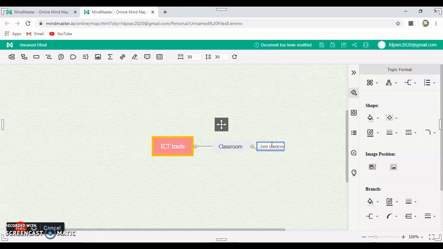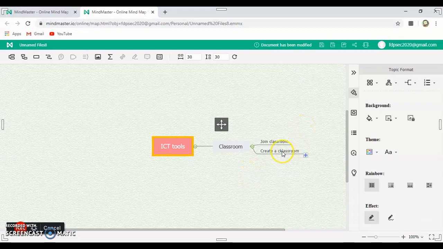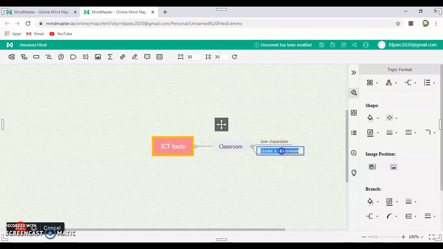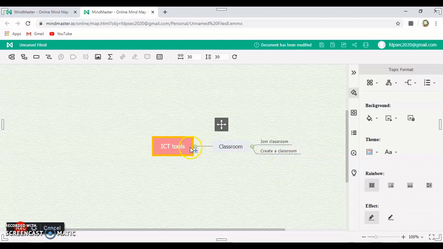I want to add one more subtopic here. I click on the text. I want to add one more subtopic here.